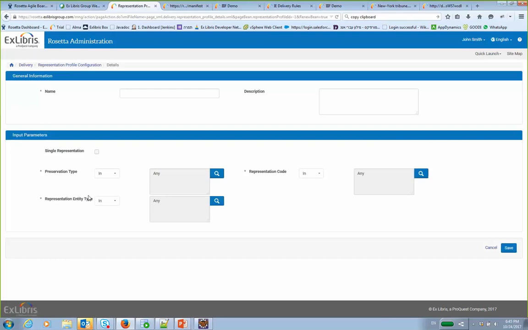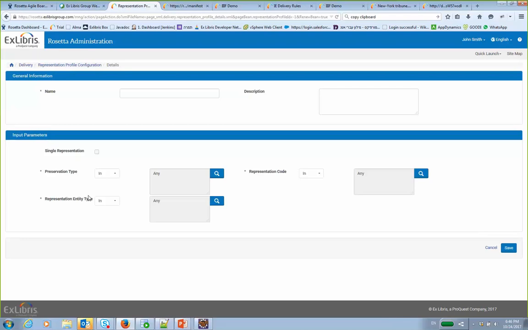That means you have a few representations. You have the preservation master, modified master, your derivative copy, etc. And it might even depend on which kind of user it is. If it's a signed-in user or it's a public user,